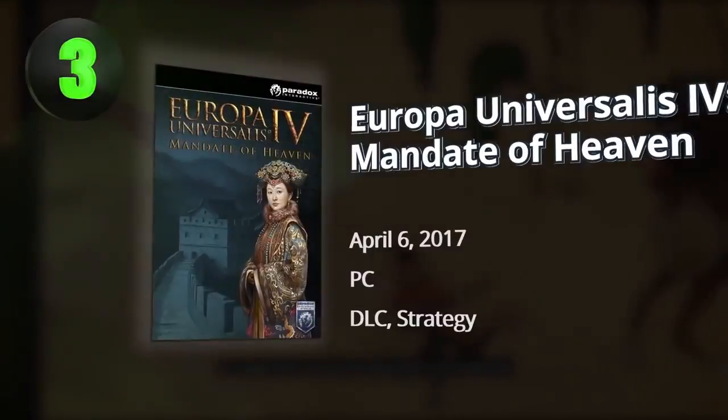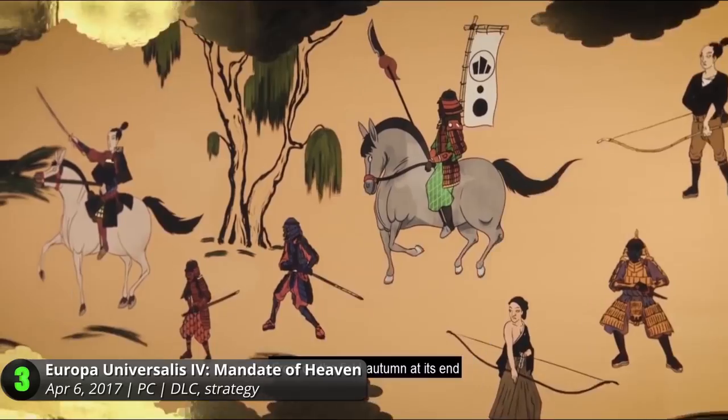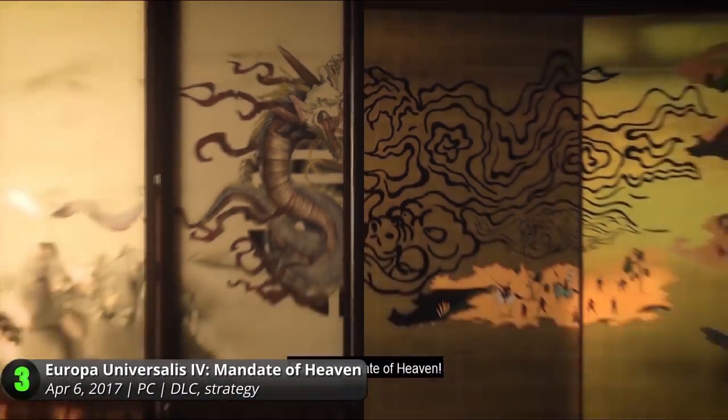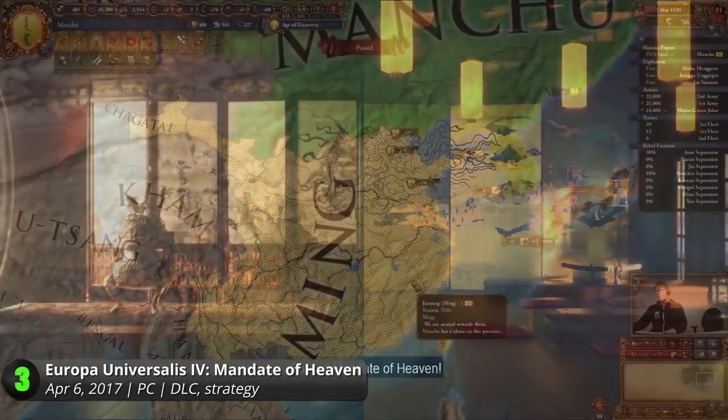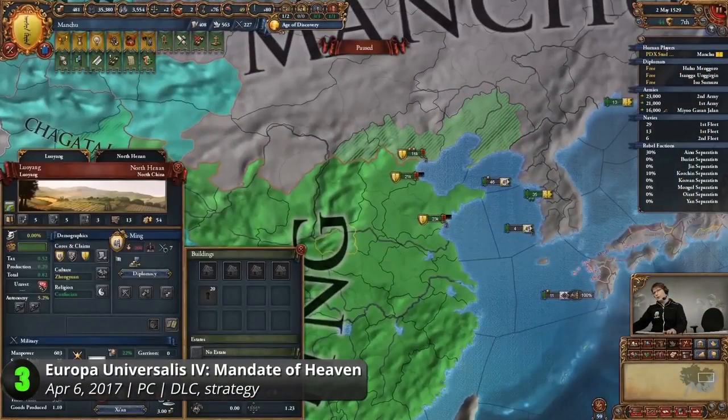Number 3 is Europa Universalis 4, Mandate of Heaven. Europa Universalis 4 has given players the glory of exploration, discovery, and war. On its 10th expansion, Paradox Interactive takes us to the flowering East Asia. Mandate of Heaven shines a spotlight on the Ming Dynasty and the feudal era of Japan with a host of